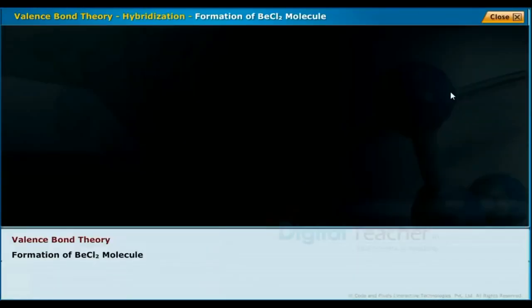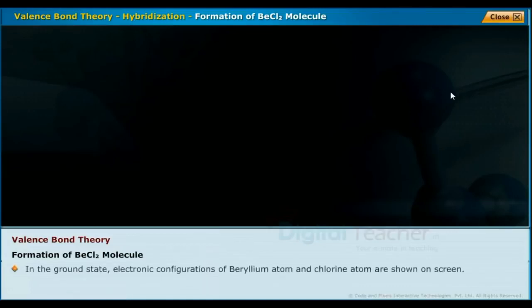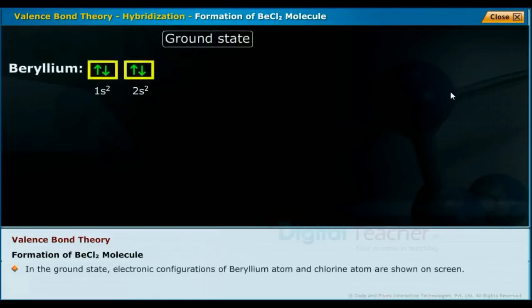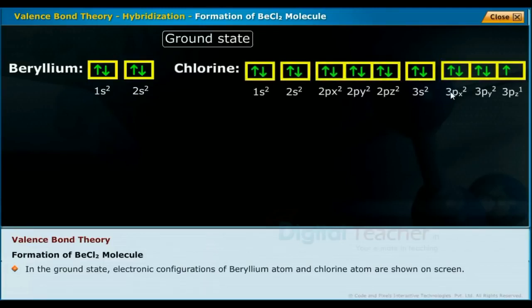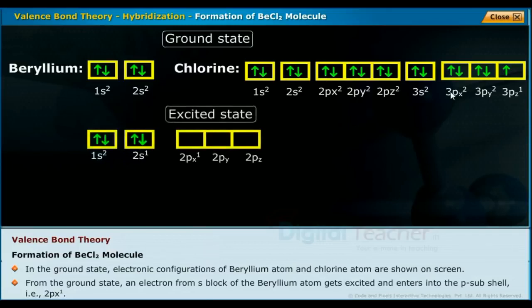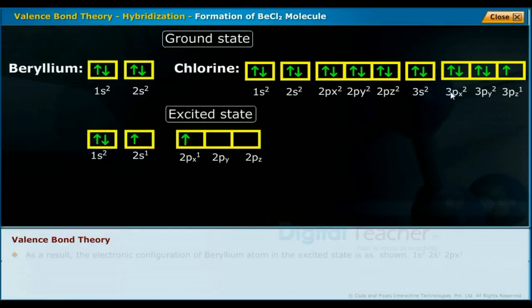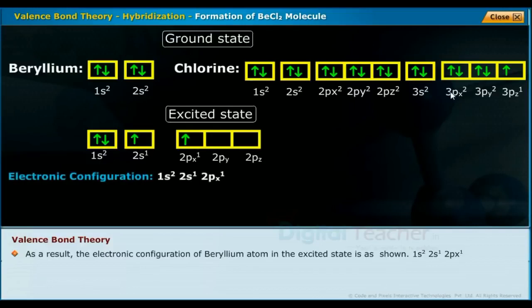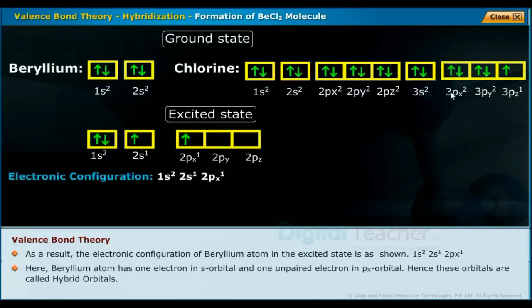Formation of beryllium chloride molecule. In the ground state, electronic configurations of beryllium atom and chlorine atom are shown on screen. From the ground state, an electron from the s orbital of the beryllium atom gets excited and enters into the p subshell, that is 2px1. As a result, the electronic configuration of beryllium atom in the excited state is as shown